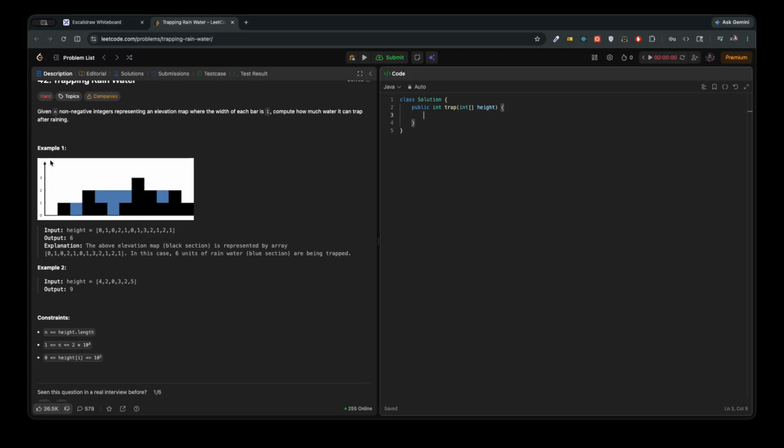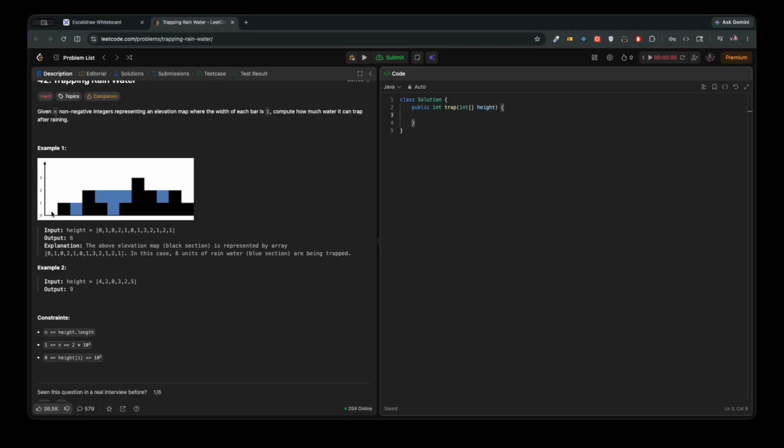Okay, so basically this is an array of heights. We are given an array of heights. What we have to calculate is between those blocks, each block is of height 1, how much water can be trapped. As you can see, on the left bound there is no boundary, and on the right bound we have to consider that there is no boundary. So if there is an empty space on the left bound or the right bound,